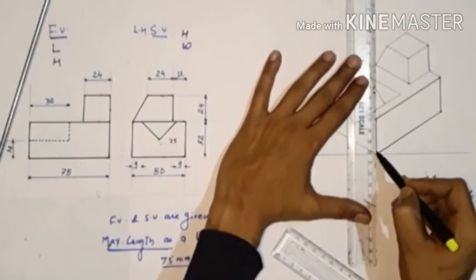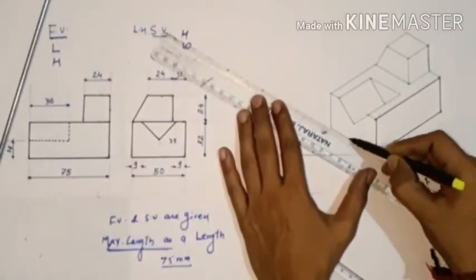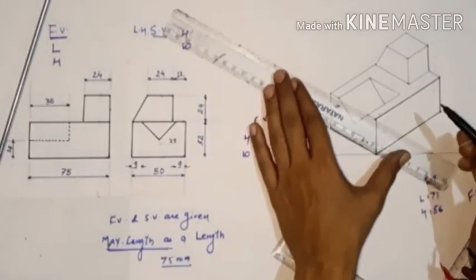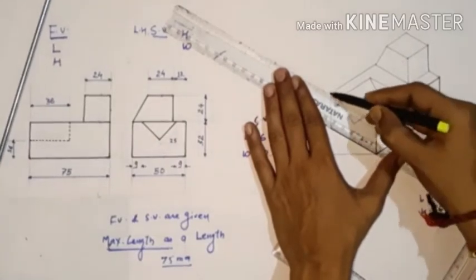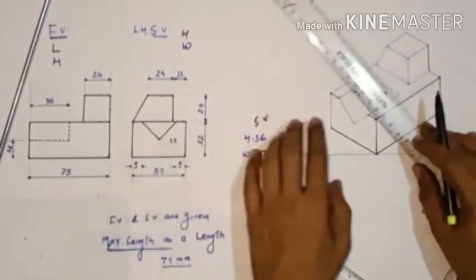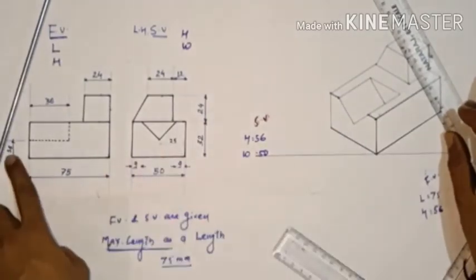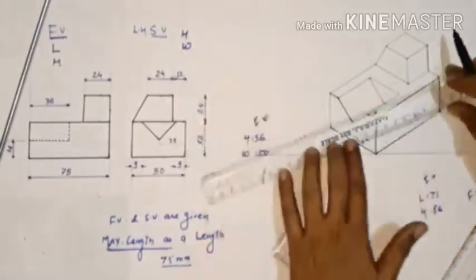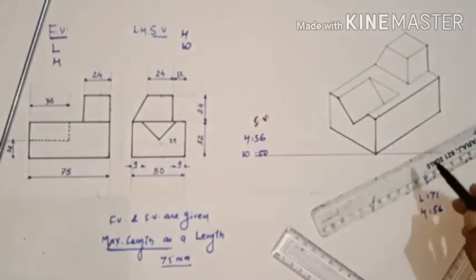Now after it we go towards the side view, and what is the length? So again we draw 50 mm with this 30 degree angle, and from both ends we draw 9 mm, like this, this is 9, this is 9, and make a triangle, taking a dimension. This is your 25 mm, the center point, and having a height of 16 mm like this. So now we can join this triangle like this and like this.